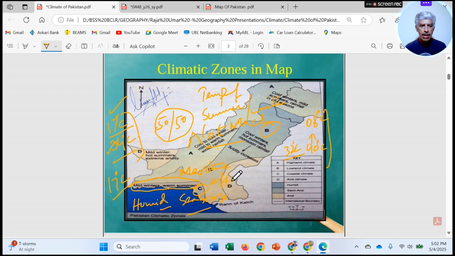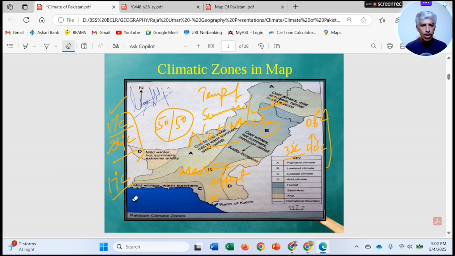Maritime effect. So we will discuss it later as well. So maritime effect is the one which does not allow greater temperature variations on the coastal areas of Pakistan. So this is about C, that the hot and humid climatic conditions are there,